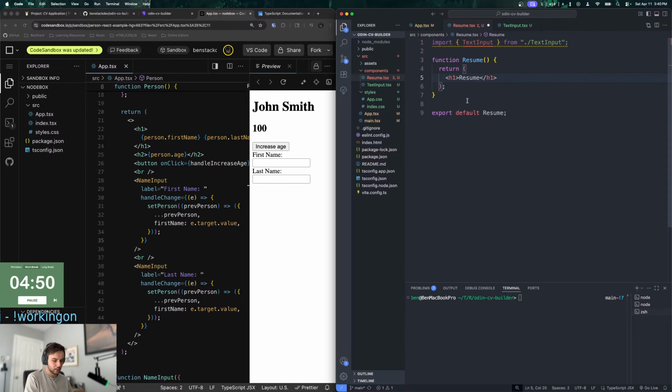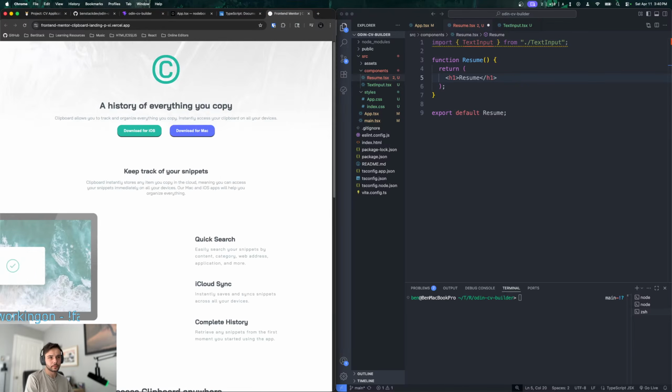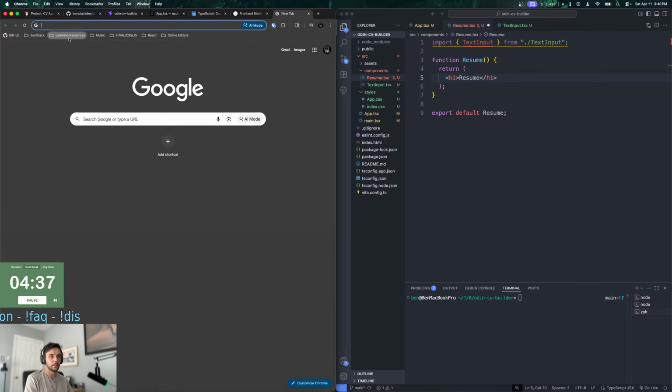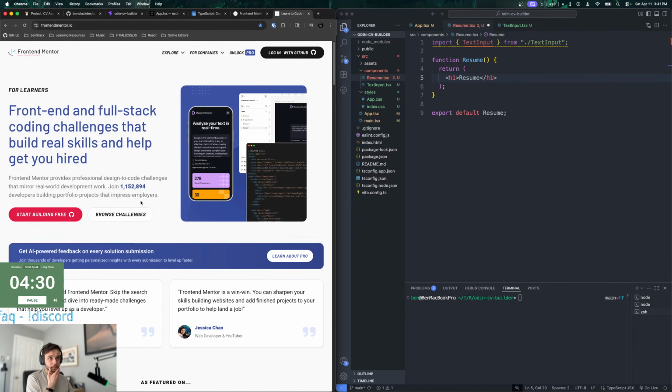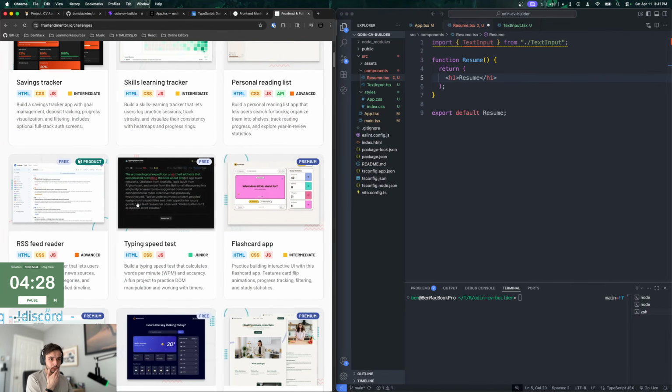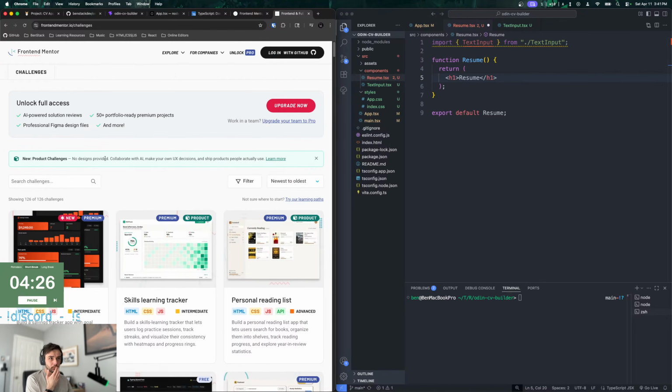Okay, let's go to the, let's see. So, where was the reference for this? So this is Frontend Mentor. Ooh, I like the animations. What was the reference project, Abdu? Just so I can compare it. Well, no.